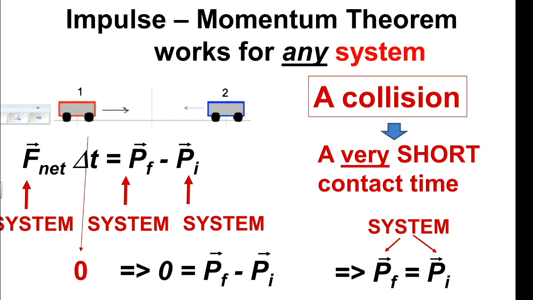Now, as I said, for collisions, there's also Newton's third law, I'm not going to talk about it, but one of the reasons that we can apply all this theory for collisions is that collision usually happens very quickly. And when a collision happens very quickly, the linear momentum of a system remains the same. And that's all I want to say about it.